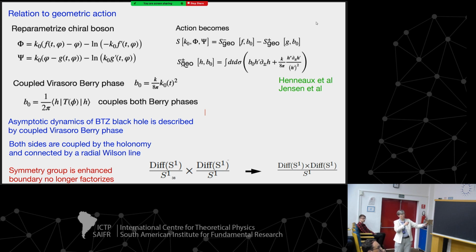But this holonomy now forces the representative of picking a particular orbit to be the same in the two actions on the left and on the right. So this whole construction actually forces you to introduce a coupling between the two actions on the two boundaries of your wormhole geometry. Okay, so that's actually a very nice feature.